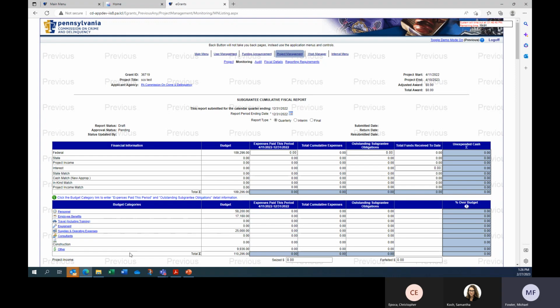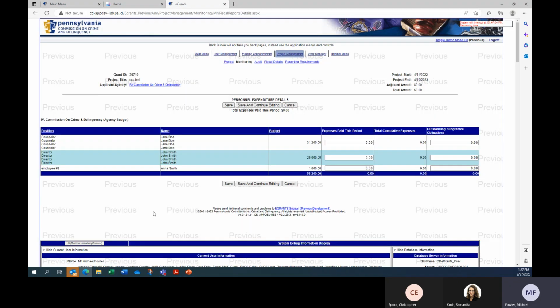From the information that I had from that documentation, we're going to enter in the personnel expenditures, which we said for the director was $3,500. And then we're going to enter in for the counselor 4,000 from our account that we had. And then we're going to save and continue.